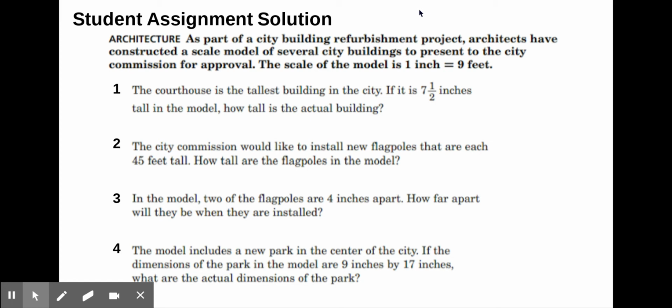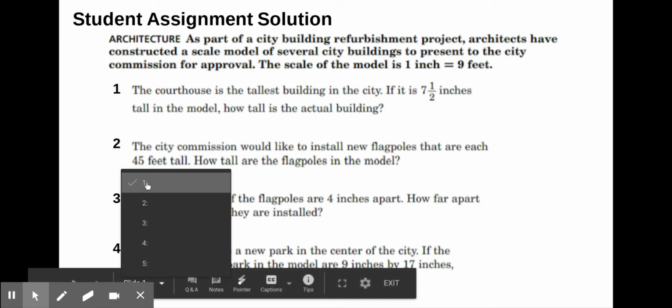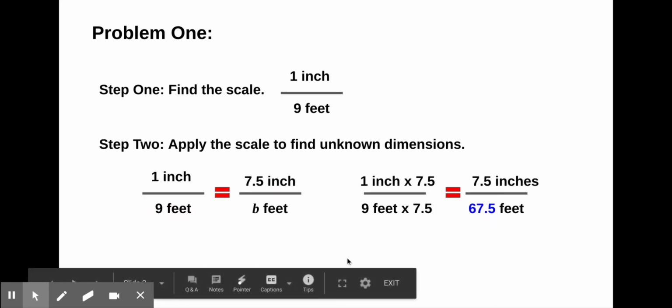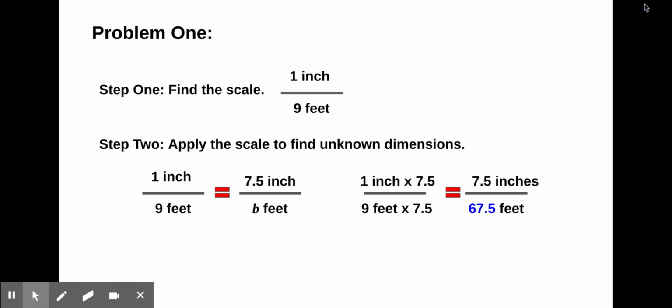So when we look at problem one, the courthouse is the tallest building in the city. If it is 7.5 inches tall in the model, how tall is the actual building? So again, if we go to our next slide here and look at it, there we go. We see that we have 1 inch equals 9 feet. And we know that in the model, the building is 7.5 inches tall. Well, we got to figure out what the equivalent would be. So if 1 inch is 7.5 inches, then 1 times 7.5 equals 7.5 inches. So if we multiply the top times 7.5, we're going to multiply the bottom times